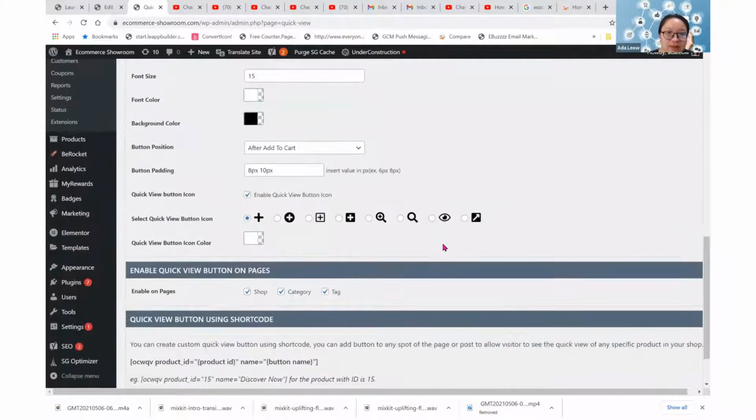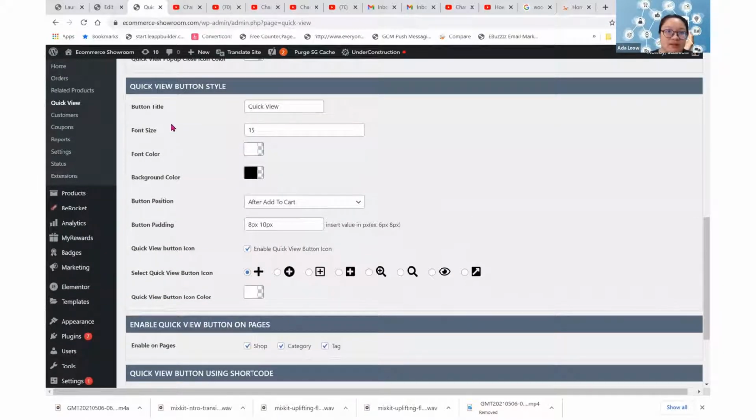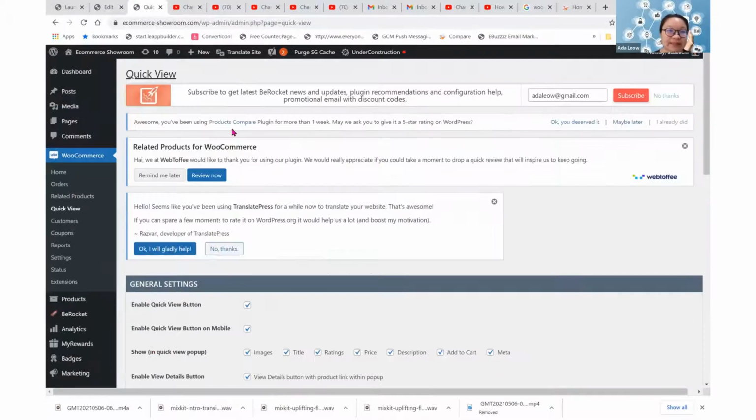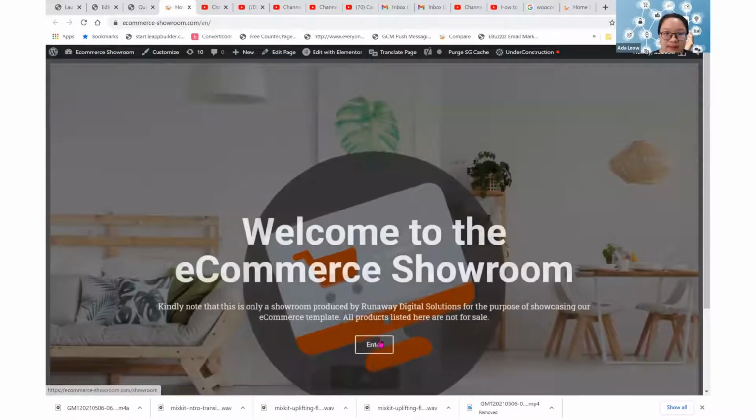Well, the only thing you may want to change will be the button title. You may want to just say quick add to cart, for example. All right, so you can key in whatever that you want, and then you save change. It's that simple. Go back to the front end, and you can see